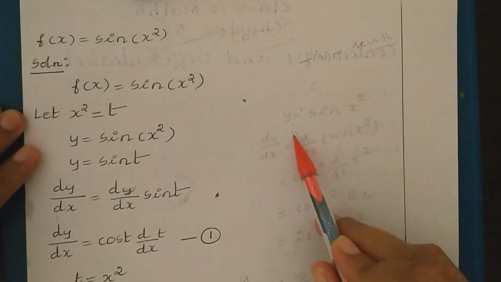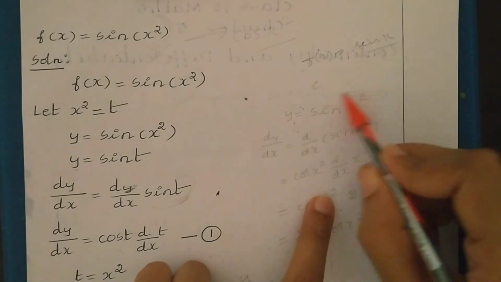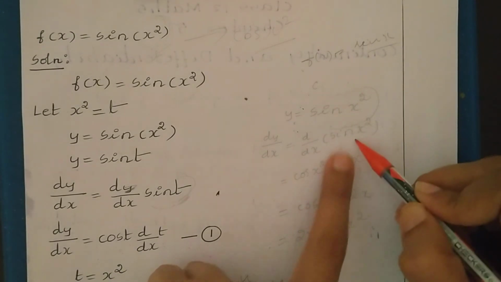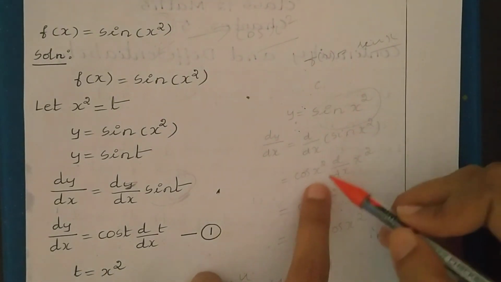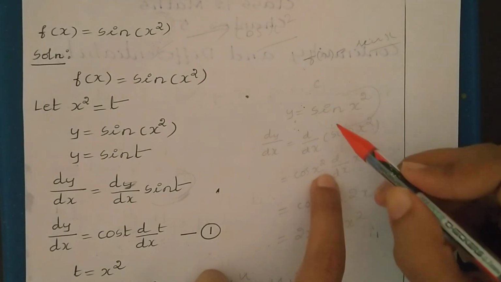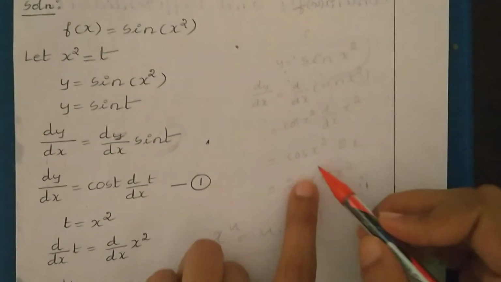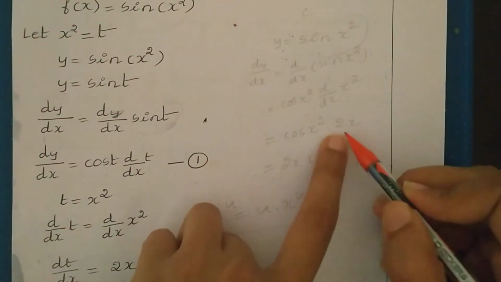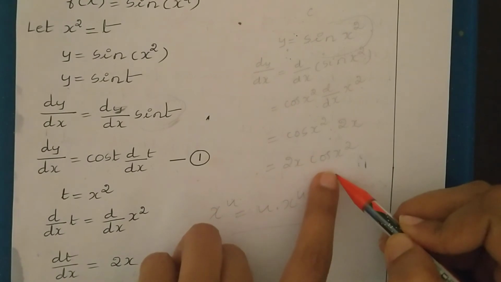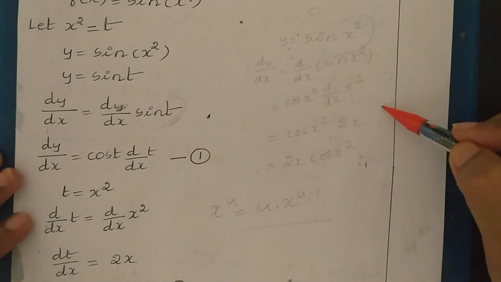Suppose if you have a function y is equal to sin x square. See, first you need to differentiate this. So the differentiation of this we are writing as cos x square. Then we need to differentiate this x square. We have two functions here, sin x and then x square. So this you have to differentiate. So we get here cos x square into 2x. So 2x into cos x square. So by this way also directly you can perform the differentiation.